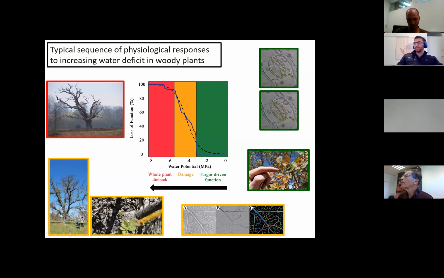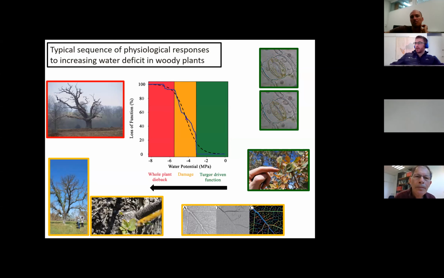Loss of gas exchange capacity, loss of function. Plants can shed their leaves. This is a deciduous oak from California. I have my finger on the new bud, and you can see the current year's. So this is next year's leaves, and the current year leaves are